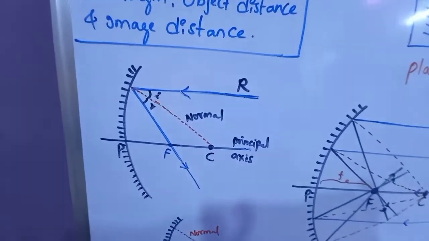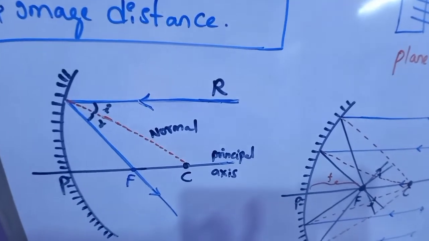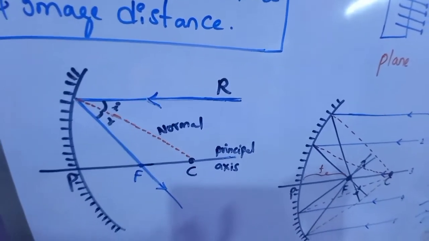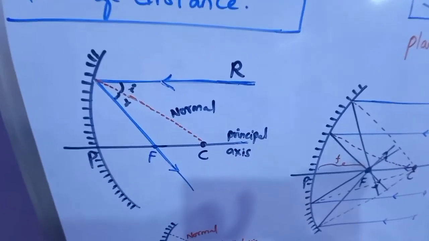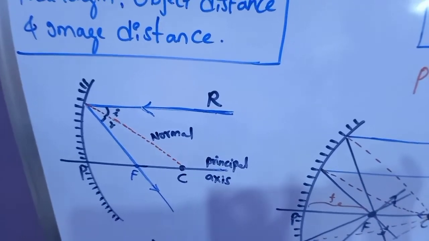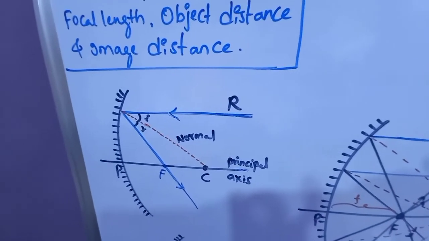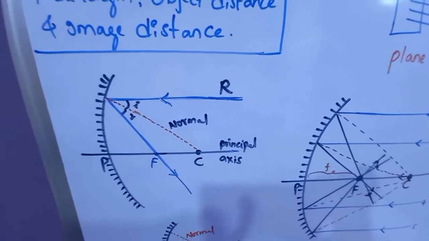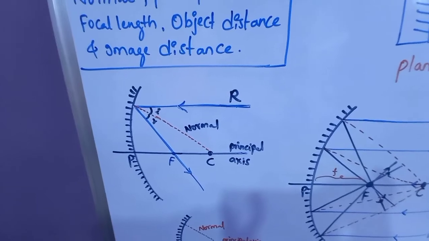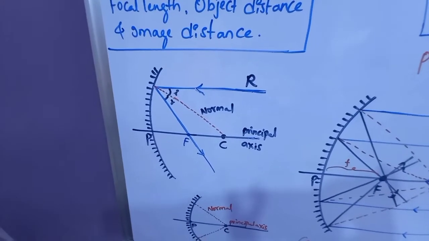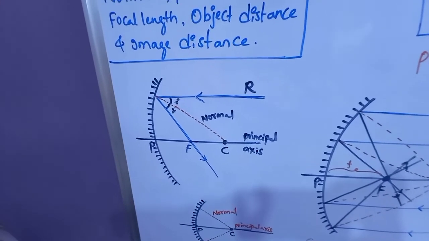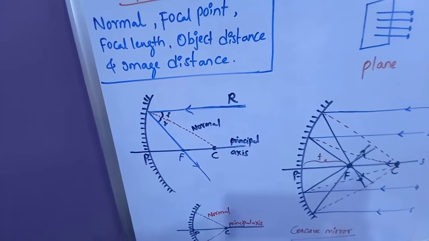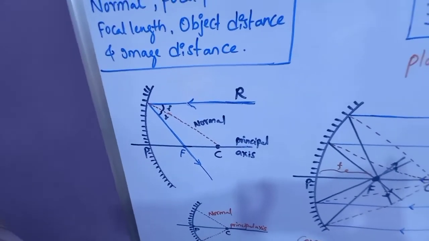But if we take a beam of parallel rays, then what will happen to the whole beam of parallel rays? First, we need to create a situation in which one gets parallel rays of light. Children, to get a beam of parallel rays, the source should be at a long distance and it must be of sufficient intensity. Where do we find one such source, dear children? Yes, we have one easily available source, that is the sun.